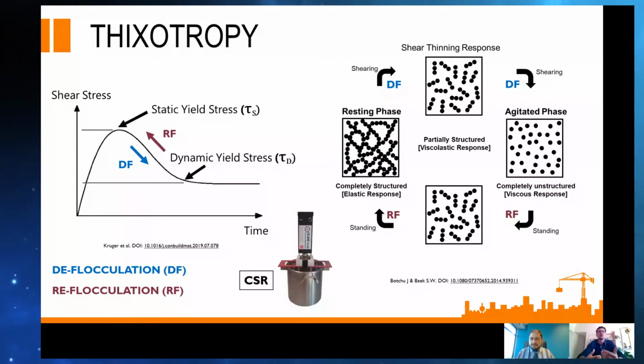Once the static yield stress is exceeded, the material then deflocculates, and we have what we call a shear thinning response. I'll get into the diagram on the right now. And then we enter the dynamic yield stress. This is essentially when the material is flowing. So if we look at this figure that I have, the process diagram on the right,